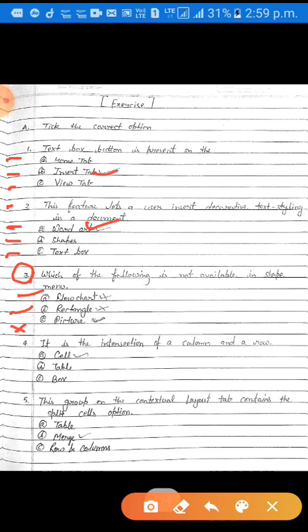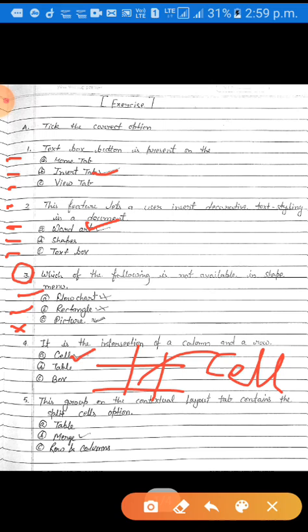I have already told you students, the intersection of row and column is called a cell. This is cell. Okay. So dear students, option number A is the right answer.